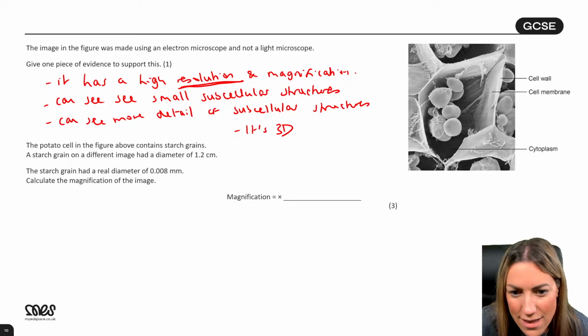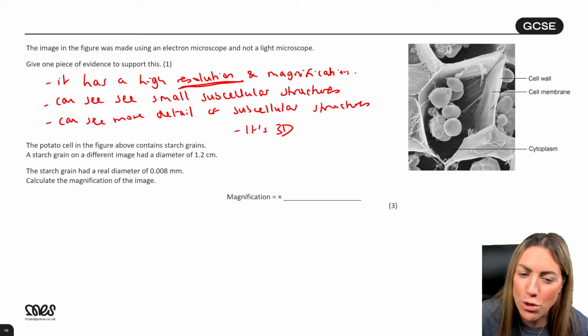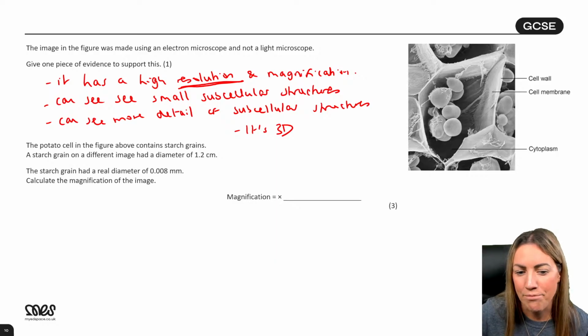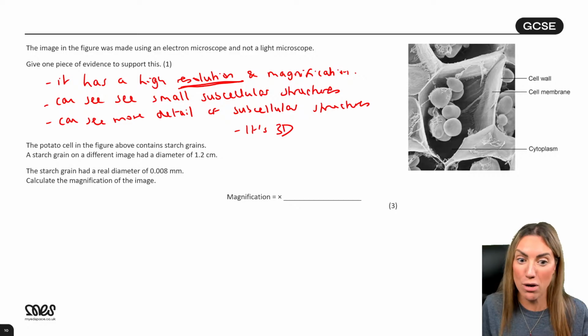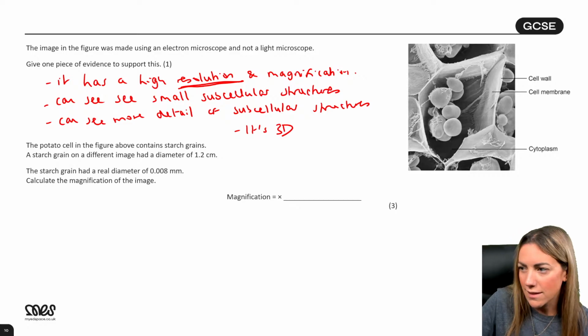If you wrote two answers and one was right but one was wrong, no, you'd lose a mark. That's the risk, isn't it? It's called the list rule. If you give two answers because you're not sure, if one's right and one's wrong, they will take away the first answer. If they're both right, it's fine.